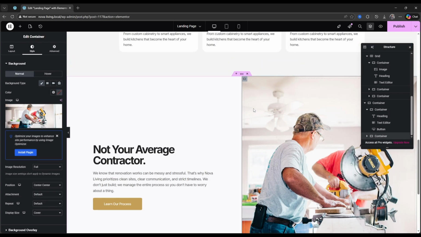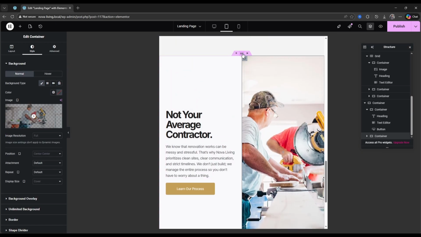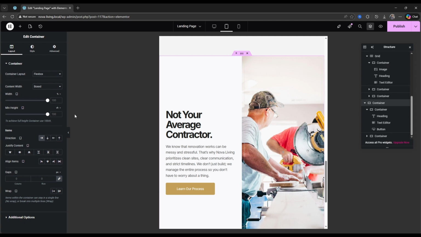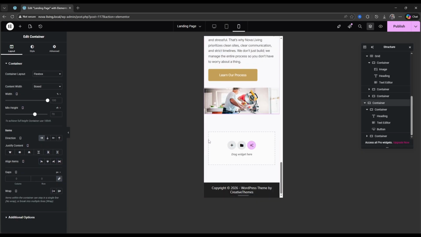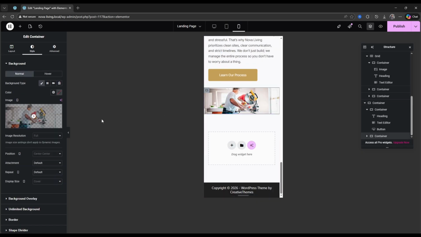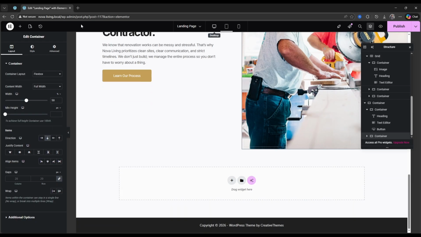Now let's see how it looks on the tablet version. For tablet version we can just come to edit container, the main container, and change the view height to 70. And let's come to mobile version. For mobile version we can just change the viewport height of this image only, the second container that contains the image. We're going to come to layouts, and we're going to come to minimum height, change this to viewport height, and let's use 85. This is how you can design this section